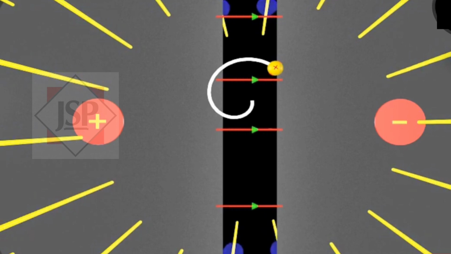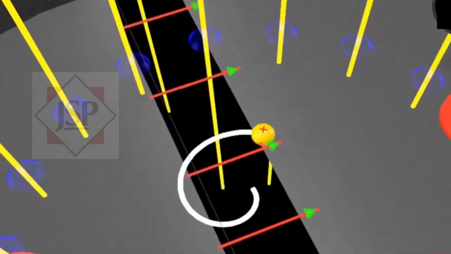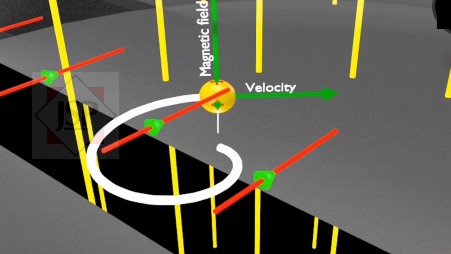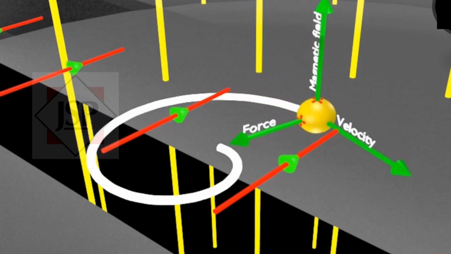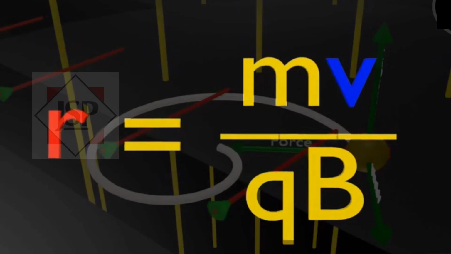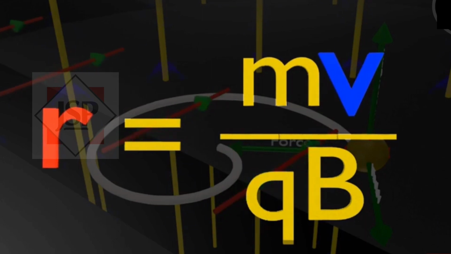Now it enters another section of D, where the electric field is zero. Because of high velocity compared to the previous circular turn, this time the positive particle will turn in a semicircular path of larger radius. As the equation of the radius of a circular turn shows, the radius of the path of a positive particle depends on the velocity of the particle. If the velocity increases, the radius will also increase.